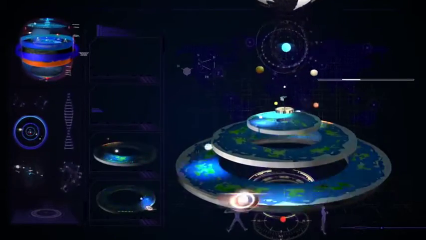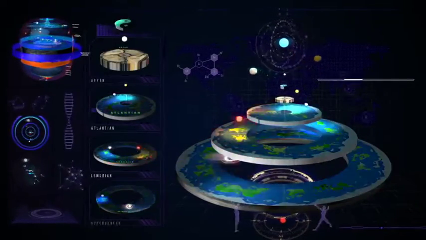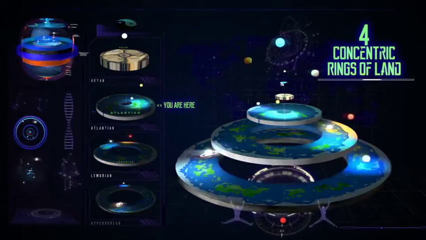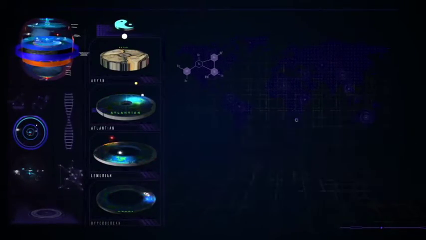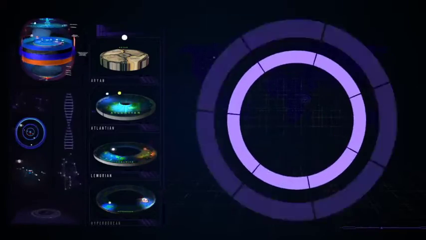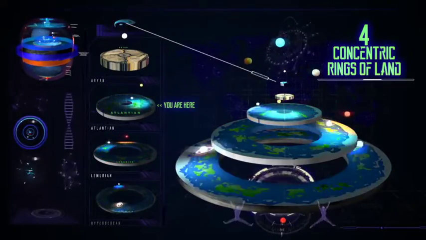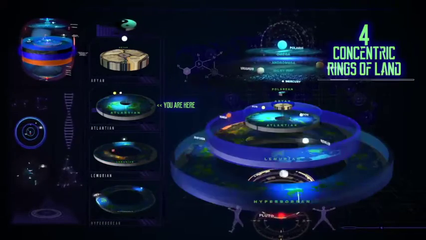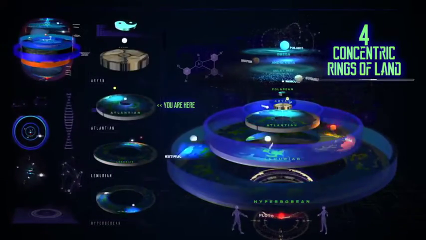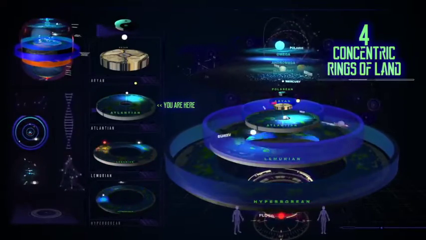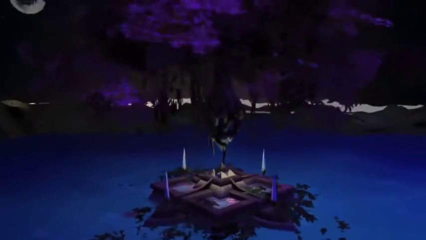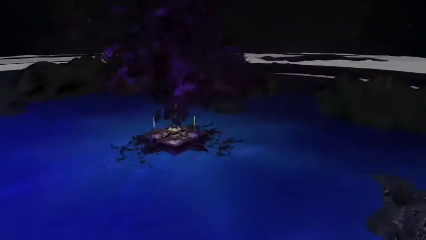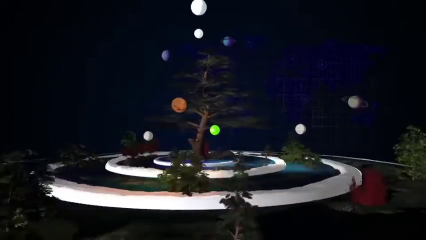Our Earth currently consists of 4 concentric rings of physical land, beginning and spiraling out from the 0-point axis at the center of the plane, just like a drop of water that falls into a larger body of water, therefore creating a ripple effect, beginning from its point of impact, concentrically expanding outwards. The very middle center of this vast earthly concentric plane is what's known as the 0-point axis. This is what we refer to as the magnetic North Pole. This central pole is not just a symbolical metaphor, but an actual physical marker said to be a magical, or should I say, magnetic pillar, sometimes referred to as a holy mountain or the tree of life.